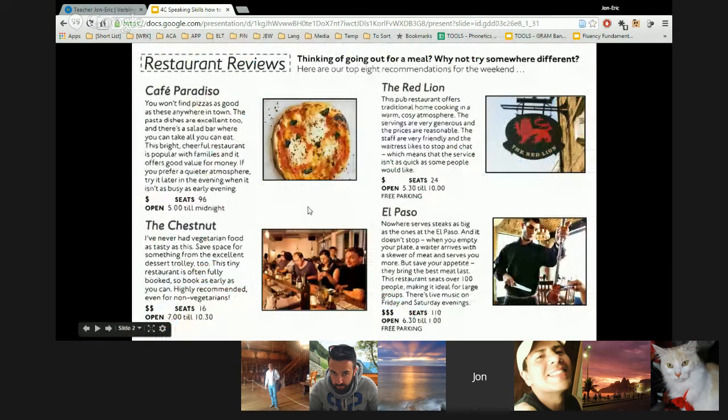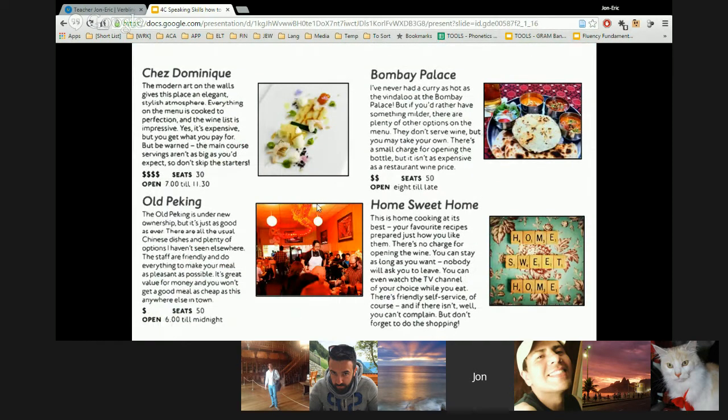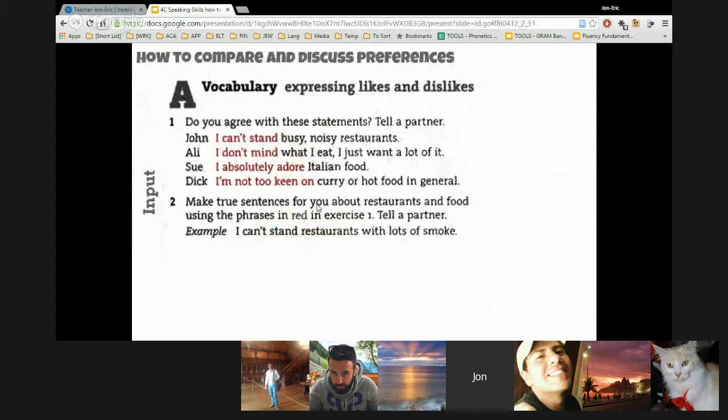I want you to read through a few of these reviews. Actually, before we get to the reviews of restaurants, we are going to read through these. But actually, I want to start here first. I want you to take a look at how some people talk about their likes and dislikes. Okay? And I've put the key expressions in red to make it a little easier to read on the screen. So let's just read through these and just tell me how you feel.